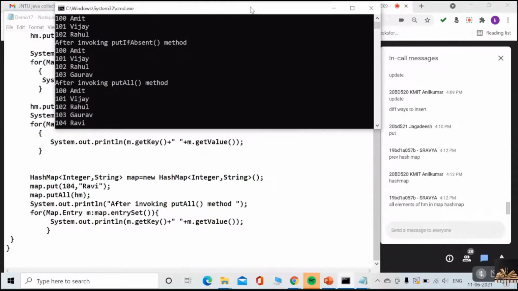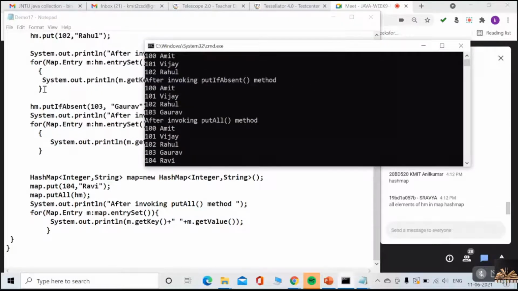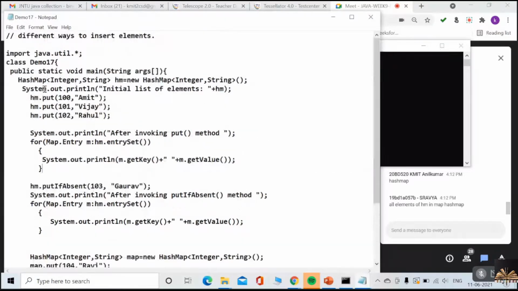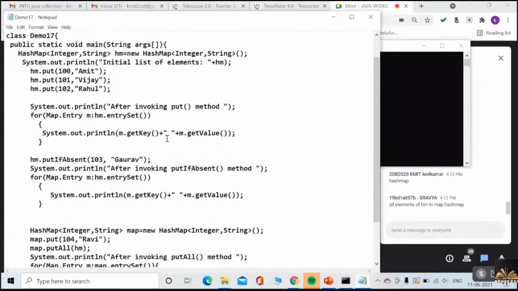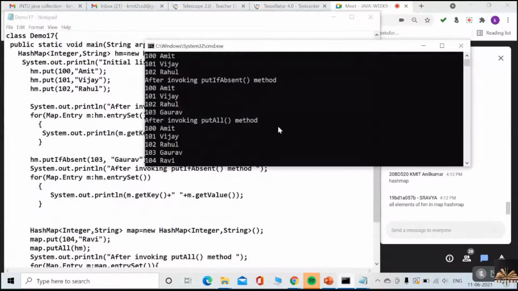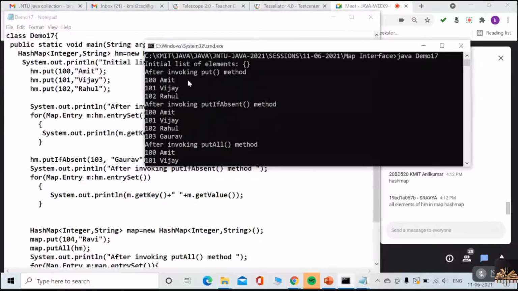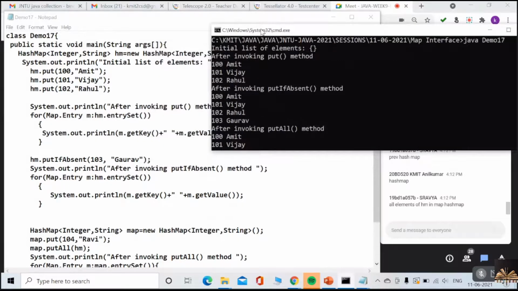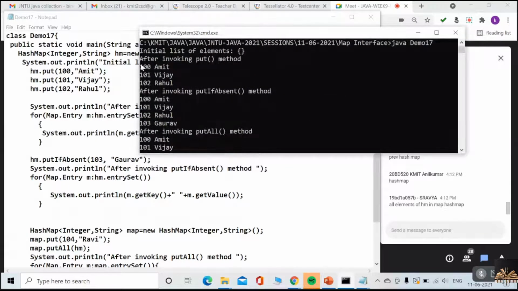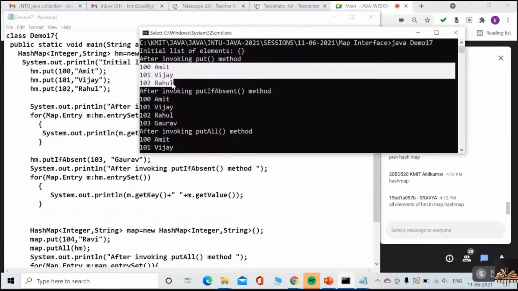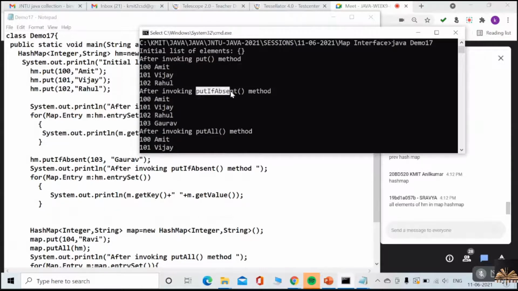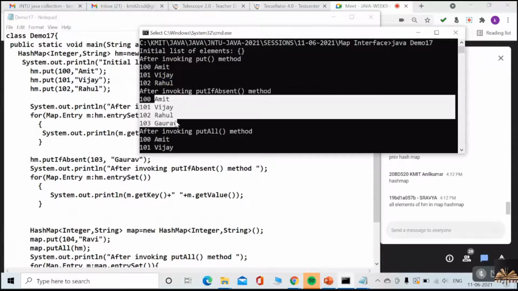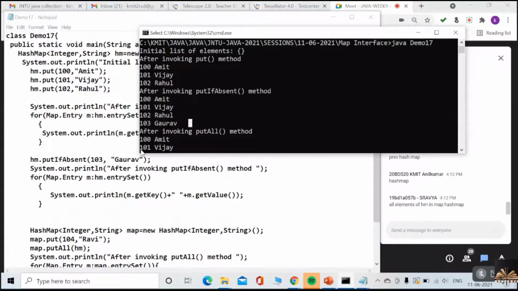Initially, the output after invoking the put method has just three entries. After invoking the putIfAbsent method, along with these three entries, we have one more entry, that is 103 Gaurav.